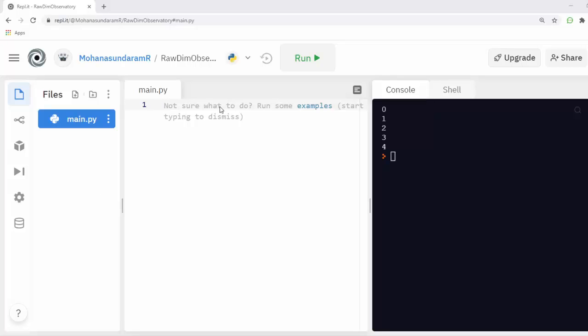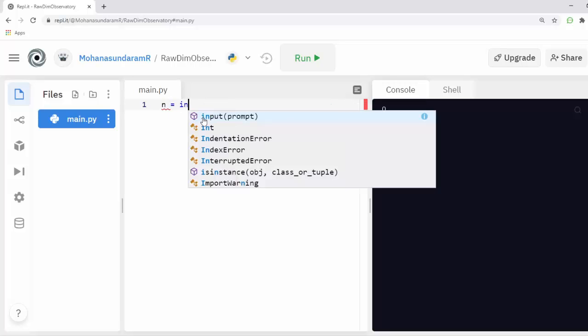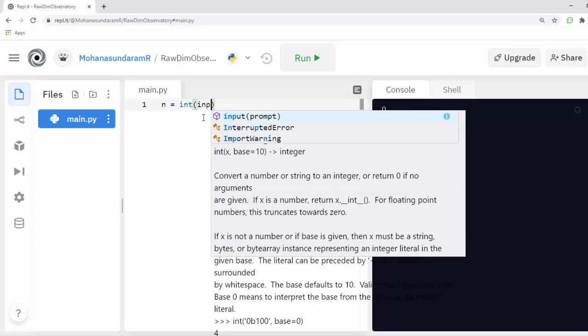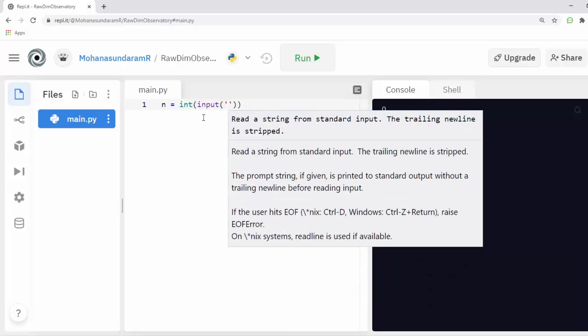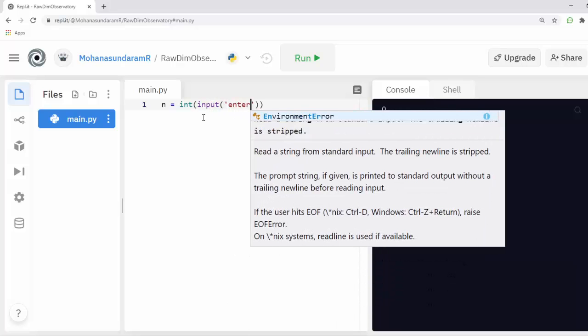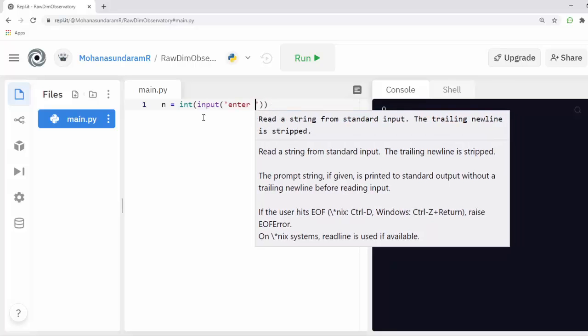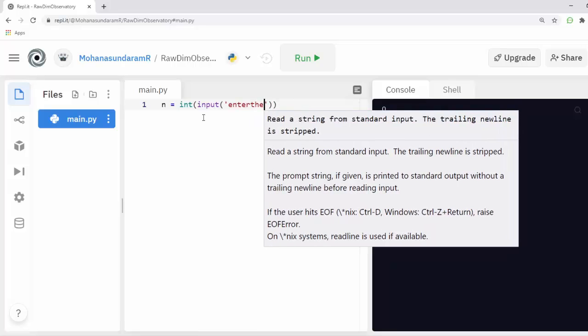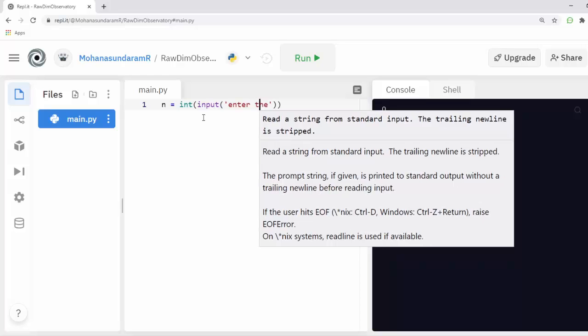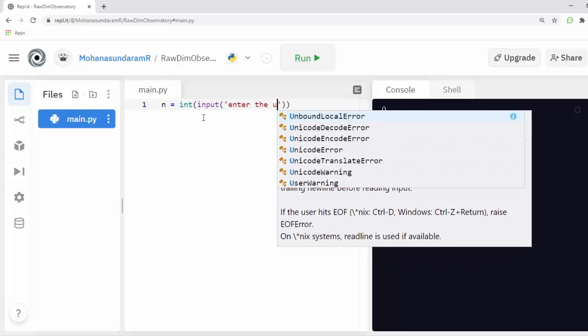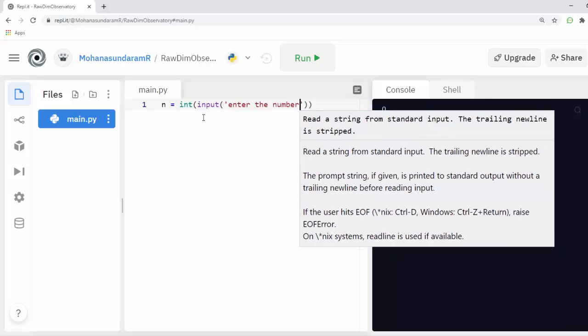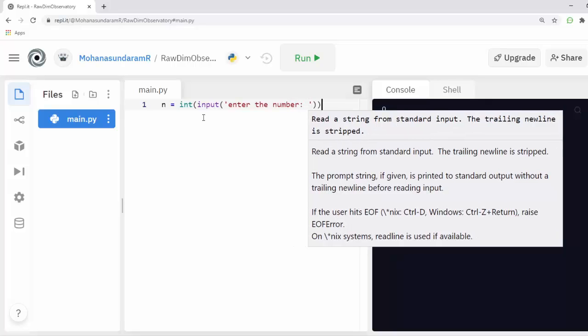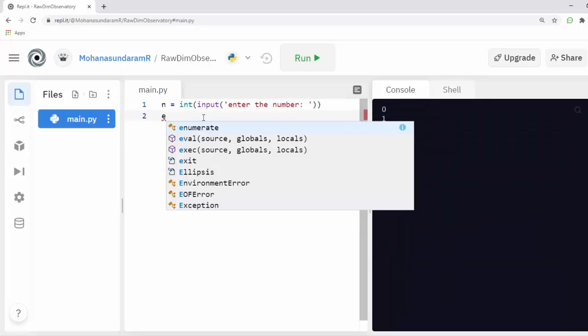For that I'm getting an input from my user. First I'm getting an input from a user. It's going to be an integer input. Okay, I'm creating another variable, end.